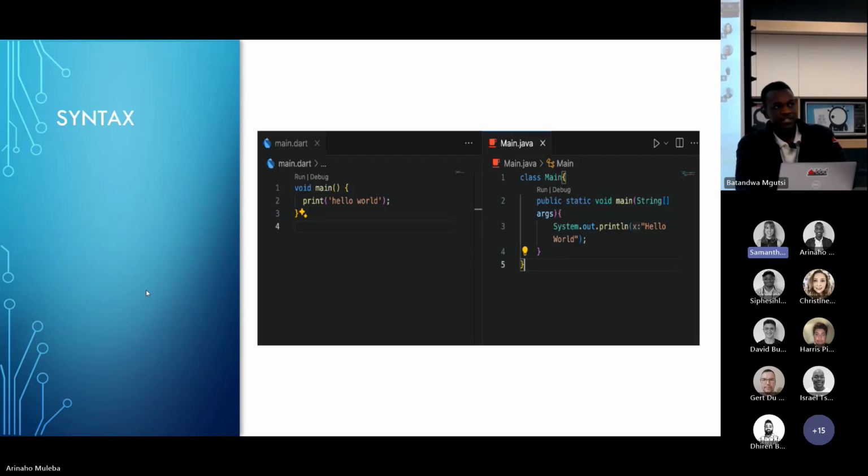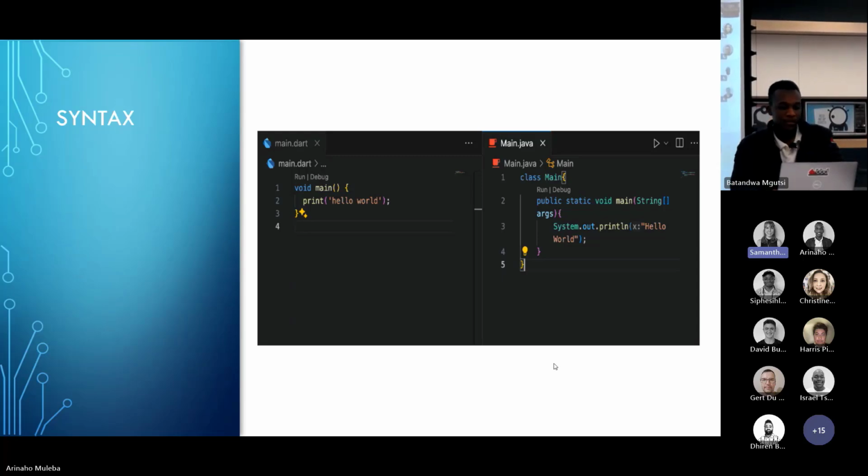Its syntax resembles that of Java, but with obvious advantages: it's boilerplate free and it doesn't force you into object-oriented programming. Being a more modern programming language, it has a couple of advantages over Java. By default, it has null safety and optional typing. By default, it's strongly typed, but you can opt out of that and use dynamic types like JavaScript and Python.